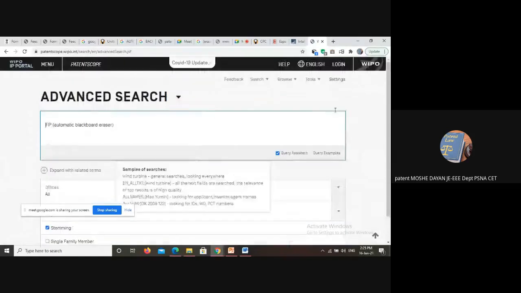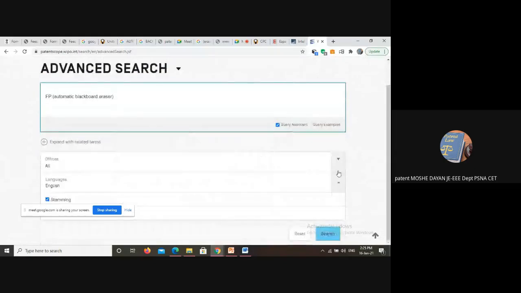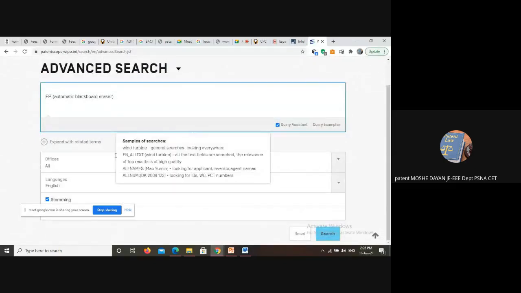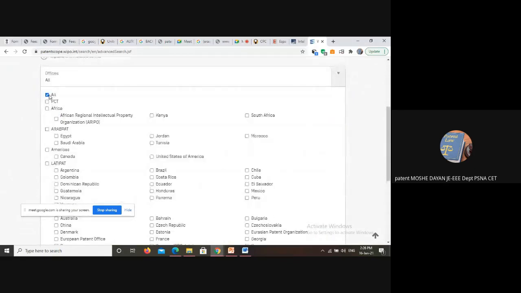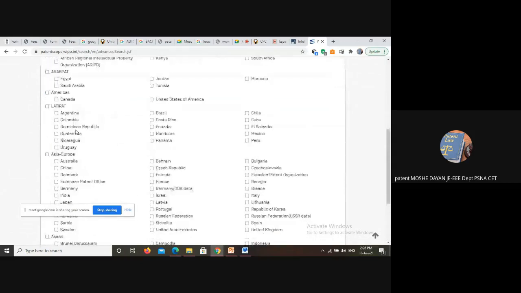So what will happen when you do the advanced search? See, in advanced search, here you have the options to trim your search. Like you have the option to select the offices, whether you want all the offices or, for example, you are filing a patent in a particular country.